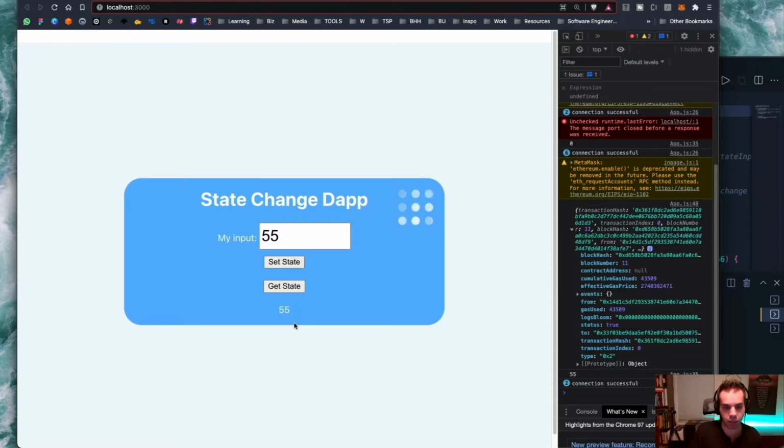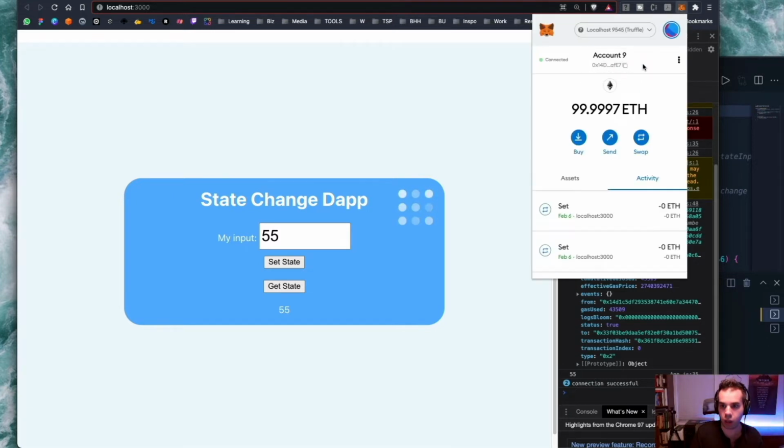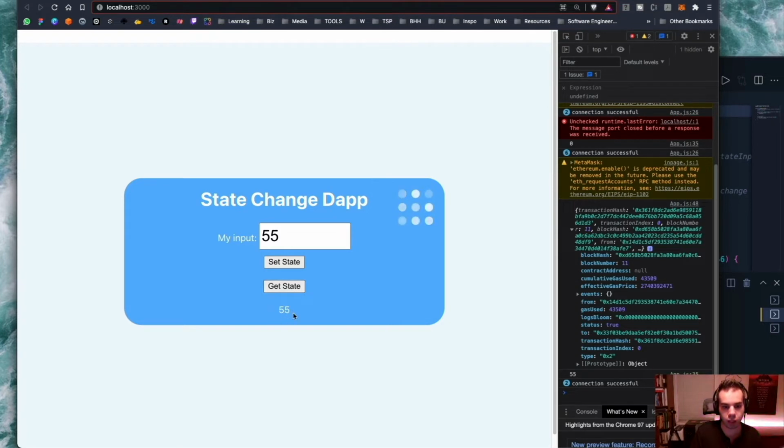So this is actually something that's really fascinating with blockchain: I'm able to then log into other wallet accounts on this network. And this network is the port 9545 on my Truffle instance. Any account that I was logged into, as long as it's connected to this network, is going to be able to get the state of this number. So I wrote the contract in a way where it's a public function, and anyone that has access to this function or this clickable function is then able to set the state of this number. And you could use ETH or gas to then write this onto the blockchain.